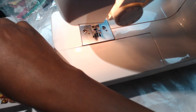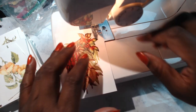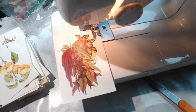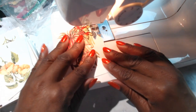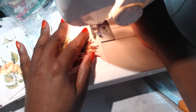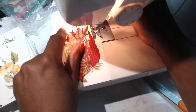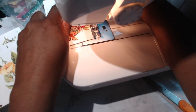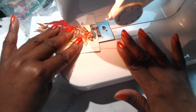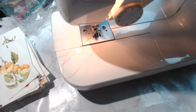So, you know what? This was a great machine to actually get started on, I have to say. I'm kind of glad, because once you start sewing with your machine, then you know what you want. But if you never had a machine before and then you buy one, it's like, I don't know what I want. I don't even know what I want to do with the machine, because machines have so many different features. I know one feature it has that I really wanted, and that is where you can drop the feed dogs, and I think that's what they're called,